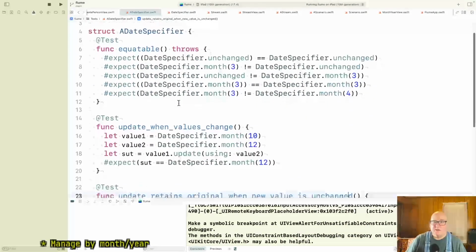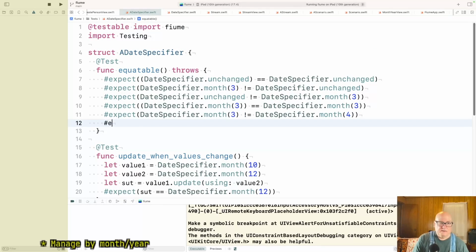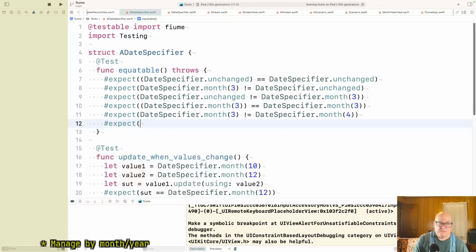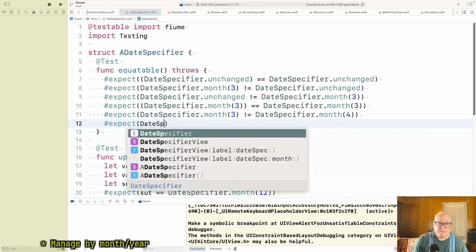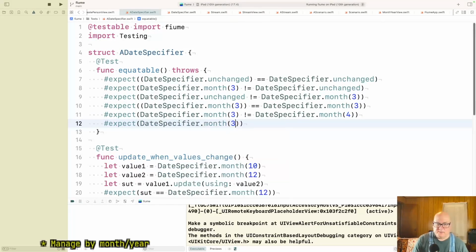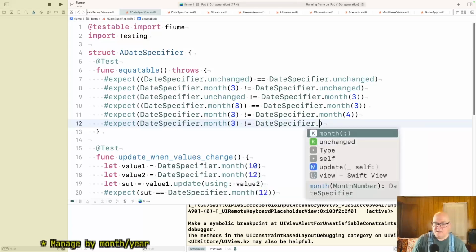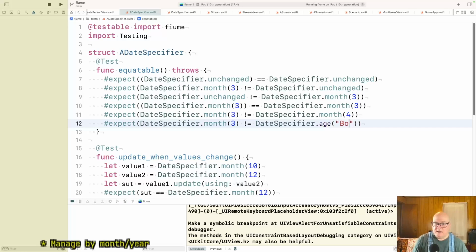Okay, so I'm going to add something. Expect date specifier dot month 3 is not equal to date specifier dot age Bob 67.